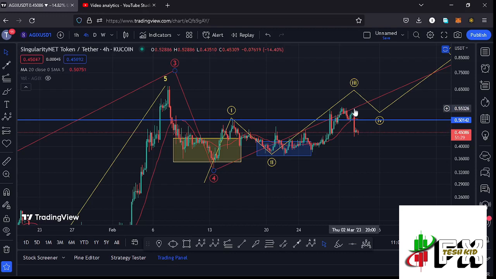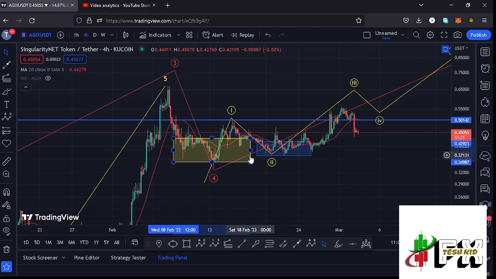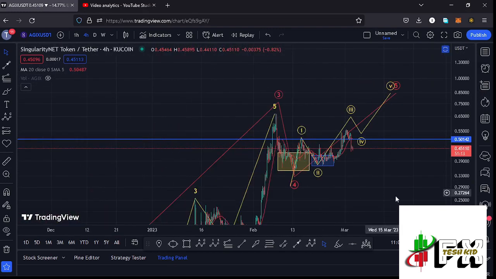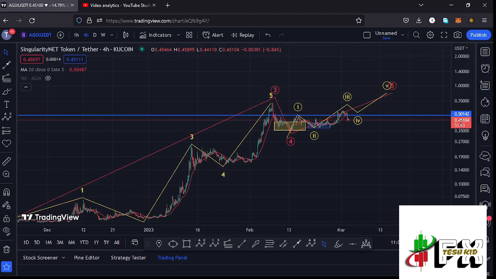We have also continued to obey the Elliott structures, where I still believe that we have fully maximized our target areas to the lower side in the formation of this wave 4, and there are chances that whatever we are seeing at the moment is the start of a massive bounce to the upside in the formation of this wave 5. And before I get further into the technical analysis and give you my breakdown targets here on the AGIX chart,